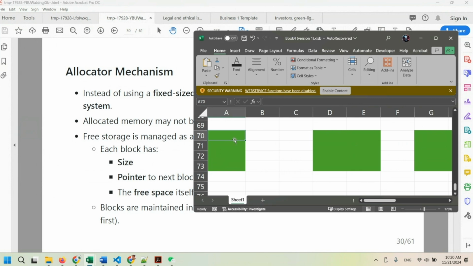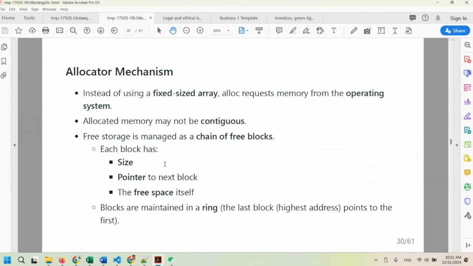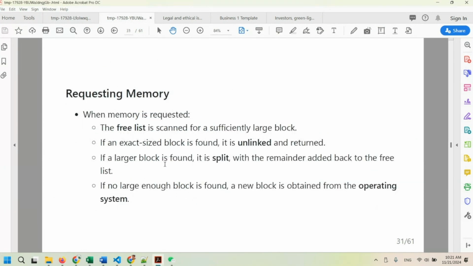So the first cell in every block is always used for the header. Only the remaining cells can be used for storing data, right? So now we have a little bit of a challenge here. Actually, before we